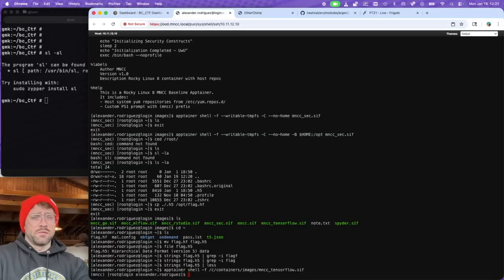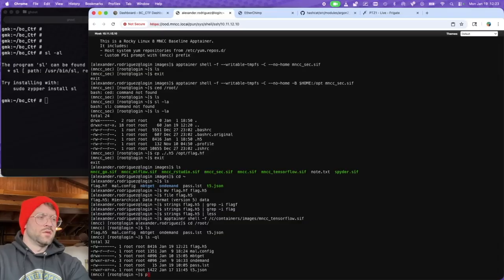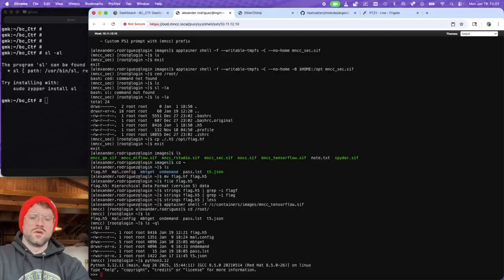Also, that container was Kali Linux. So if you needed that, it was there the whole time. Let's go to root. I think we're already there. Looks like we got that flag file. We saw that the def file utilized Python 3.12. If we import